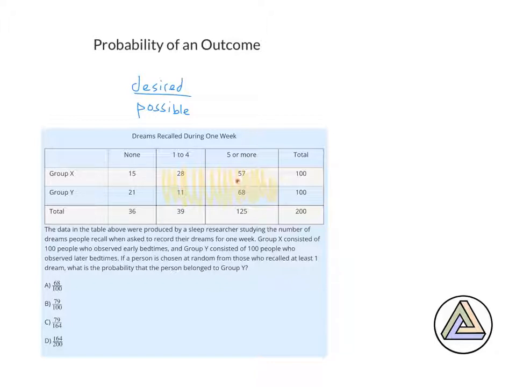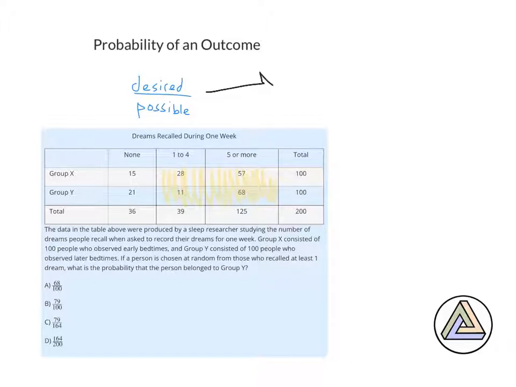What's the probability that the person belonged to group Y? The question is how many people are in this group. That's going to be the possible outcomes. Then we want the desired outcome, which is that the person belonged to group Y. It's going to be desired over possible. The possible outcomes are all the people we could choose from. There are really 2 ways of doing it. You could add all 4 of these numbers up, or you could just add 39 plus 125, because this is the total of this column and this is the total of the other column. When you add them, you get